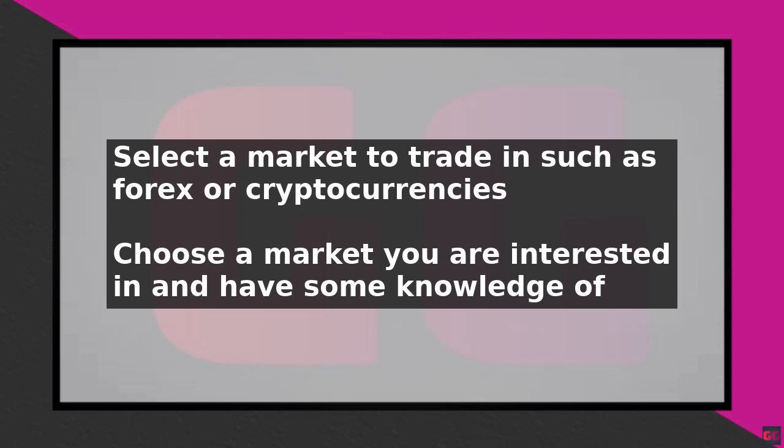To do this, click on the buy or sell button. Depending on your desired action, enter the amount you want to trade, and set your stop loss and take profit levels. These levels are critical, as they will automatically close your trade if it reaches a certain price, limiting your potential losses or locking in your profits.